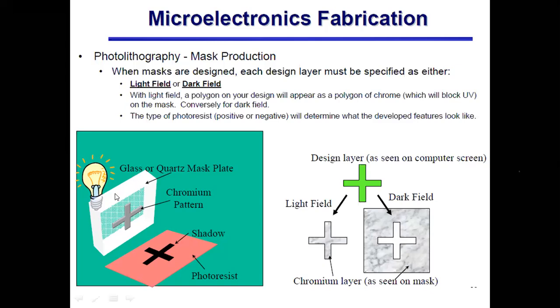So here you see the mask. So we have glass mask and transparency. Another classification that we are doing is the light field mask and dark field mask. So light field mask, the feature would be opaque. In the light field mask, the feature would be opaque to the light, whereas the remaining portion, which we call the field, would be